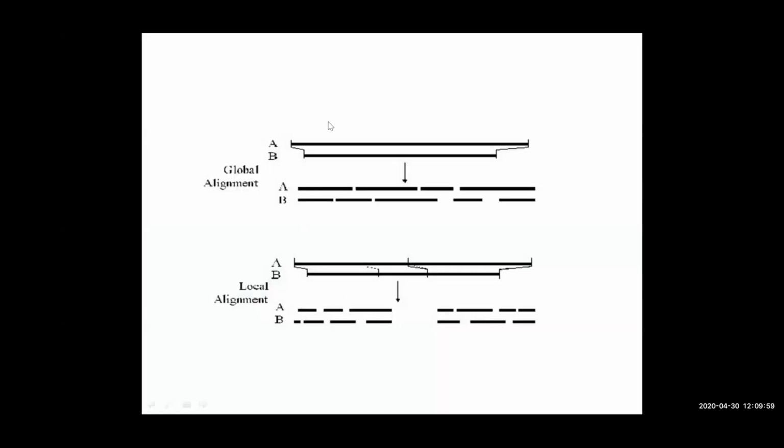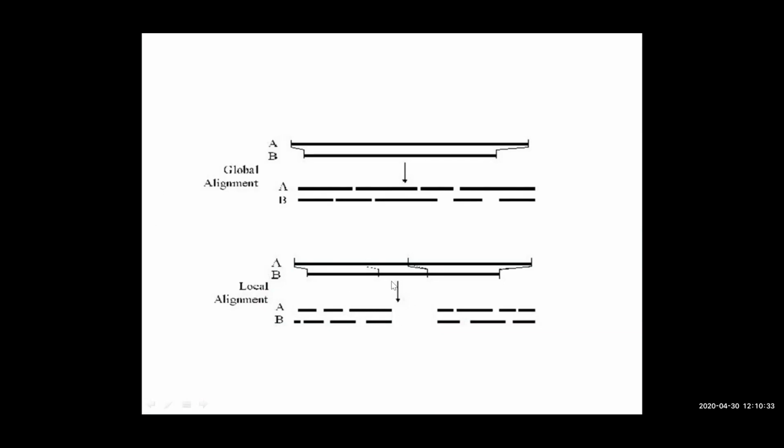Now in global alignment, what is done? As I said, if there are two sequences, we would like to see the variation or similarity between the two sequences, taking into consideration the entire length of the sequence. From each nucleotide, we will see the variation after alignment. There may be certain gaps here and there. We will create gaps by doing the alignment. We will arrange them, and we will count the variation between the sequences by taking into consideration the entire sequence. That is called global alignment.